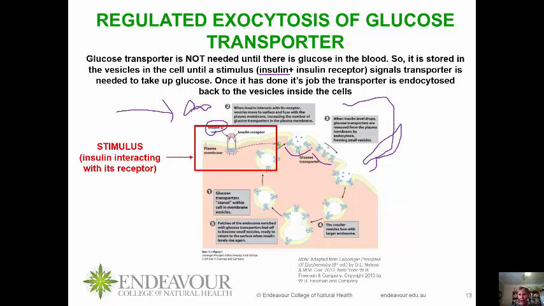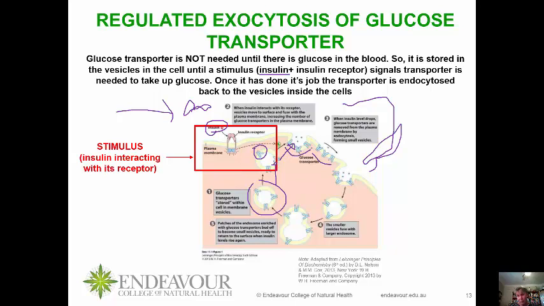Now, here you can see in number 1, the glucose transporters are just waiting in the cell, and they are stored within vesicles in the cell itself. Okay? So they're stored in membrane vesicles. When the insulin interacts, we're now up to number 2, when the insulin interacts with the insulin receptor, the vesicle, so you can see this vesicle here, it moves to the plasma membrane surface, and it puts that glucose transporter into the cell membrane,